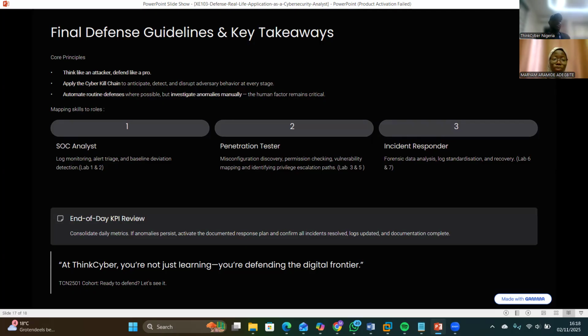And we also mapped the skills to real-life roles like the SOC analyst, who monitors logs, alert triage, and baseline deviation, as we've seen in the first and the second lab. But penetration tester roles like misconfiguration discovery, permission checking, vulnerability mapping, and defining privilege escalation paths. And for an incident responder, forensic data analysis, log standardization, and recovery, as we've seen in the sixth and the